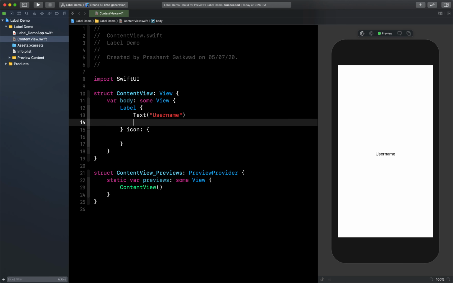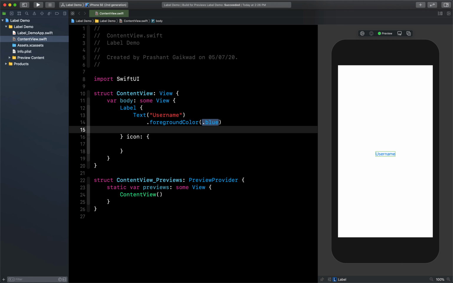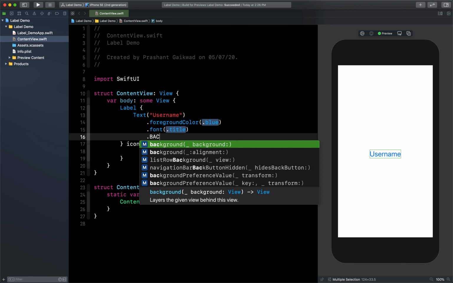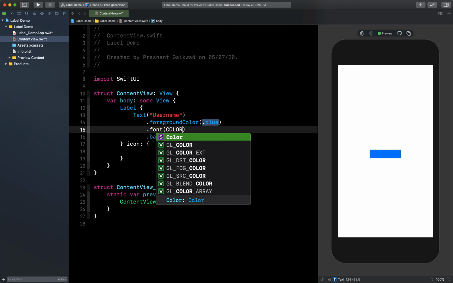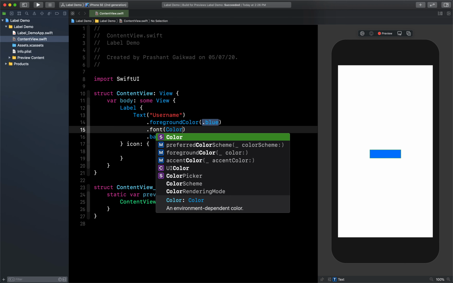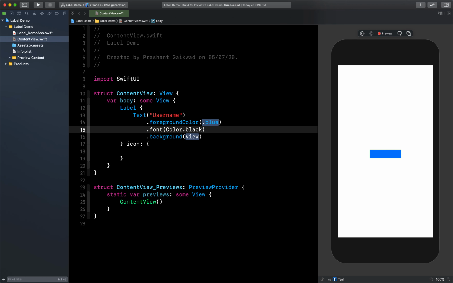So let me give some modifiers on this, like foreground color, it will be blue. Then we can give some font. Okay, this will be good. Then we can give background, and for background we have to pass the color, so I will pass color dot black.